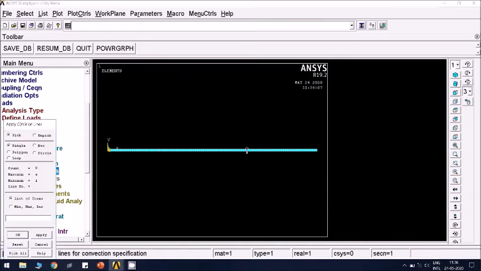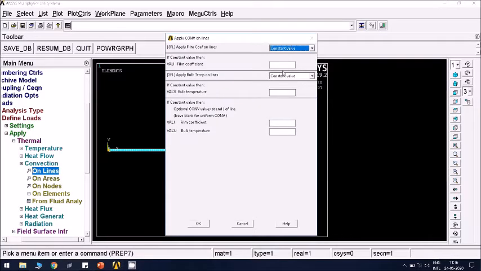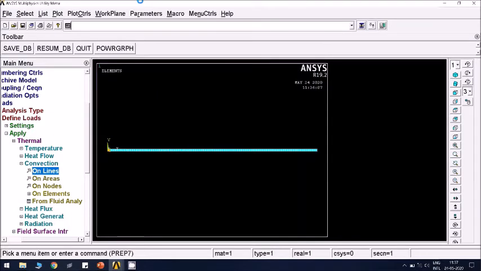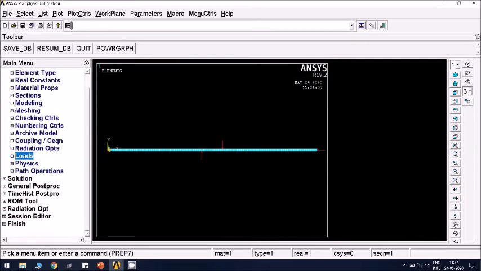So convection on lines, select this line, select this line, select this line, click OK, and enter the film coefficient 9 watt per meter square degree Celsius, and temperature is 20 degree. Click OK. Convection is applied, and solve it.